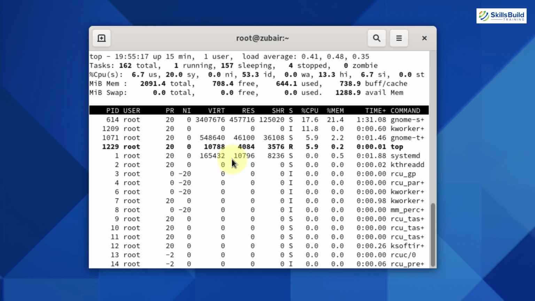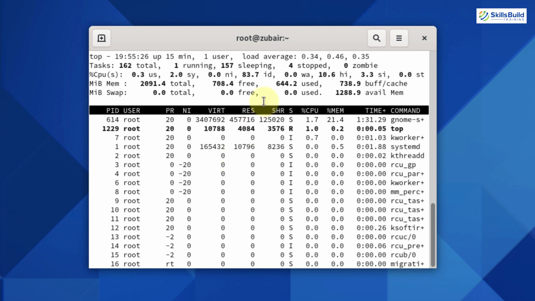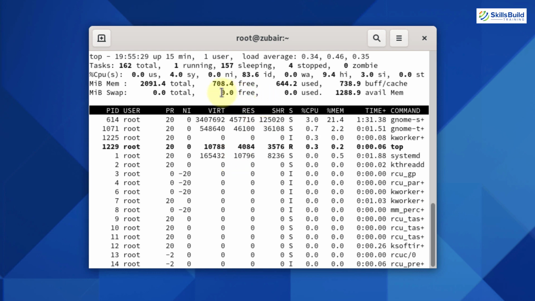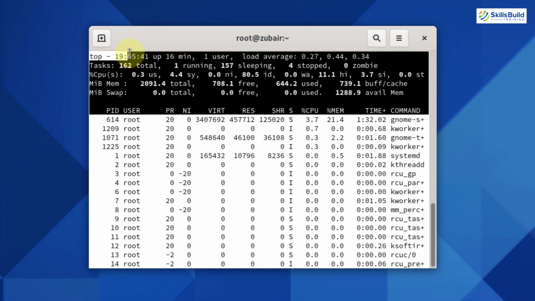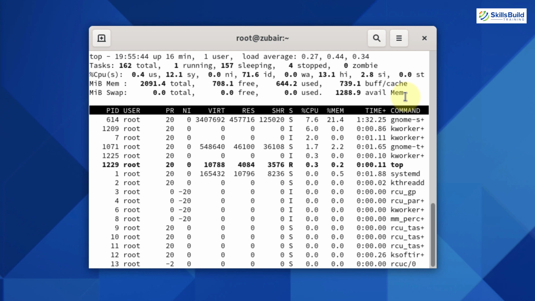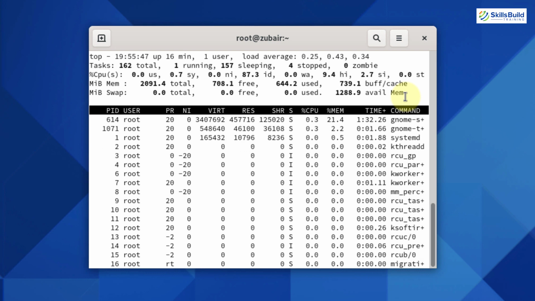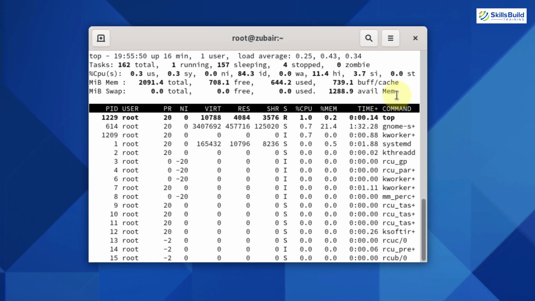Now I will get out of it, and now I will write top. Here we do have the same information, but it is really difficult to get something out of this available information, because first of all, it is not aligned, and secondly, it uses the same color, which makes it difficult to understand and get something out of this information. So this is the difference between top and htop. But the good thing is Arch Linux supports both top and htop commands in its system.